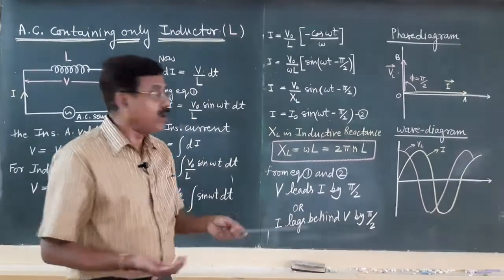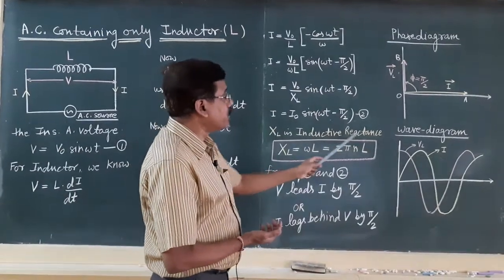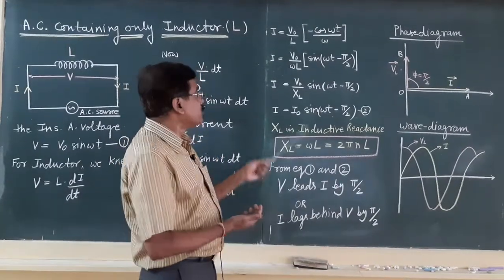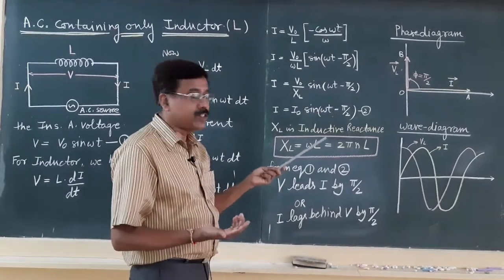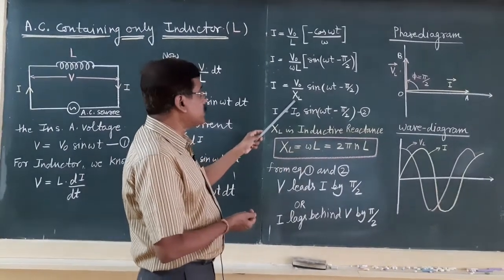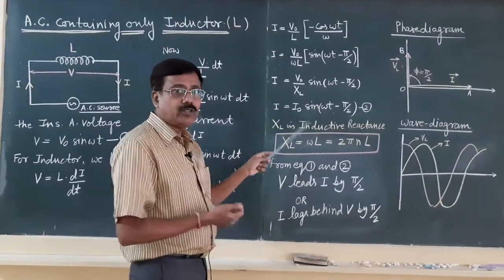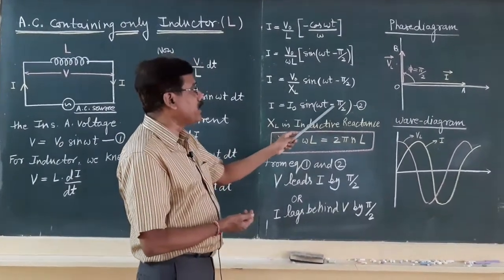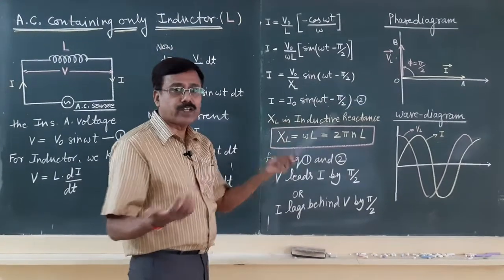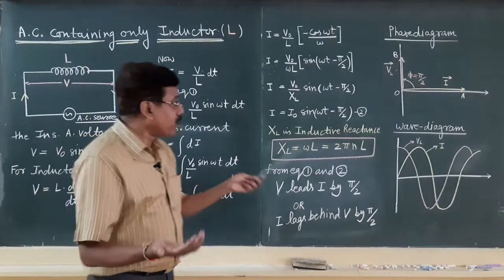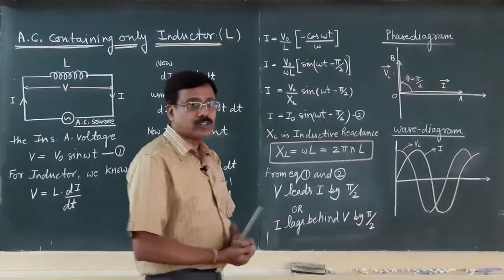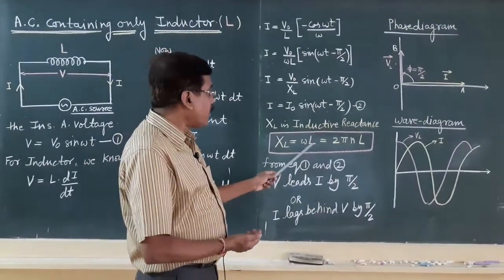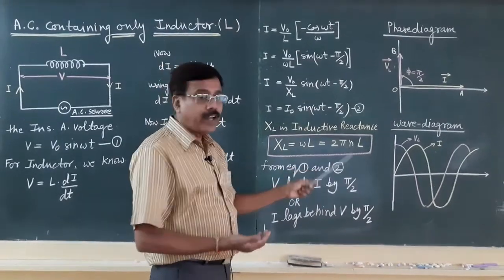Using Ohm's law, because this XL is the inductive reactance, that is simply the resistance offered by the induction coil. So in this relation XL is basically resistance, and the ratio of voltage and resistance can be replaced by I0 using Ohm's law. So now we have the formula I = I0 sin(omega t minus pi/2). This is equation number 2. XL, as I have explained, is the inductive reactance, the resistance offered by the induction coil. XL = omega L, where omega = 2 pi N, and N is the frequency of the AC source.